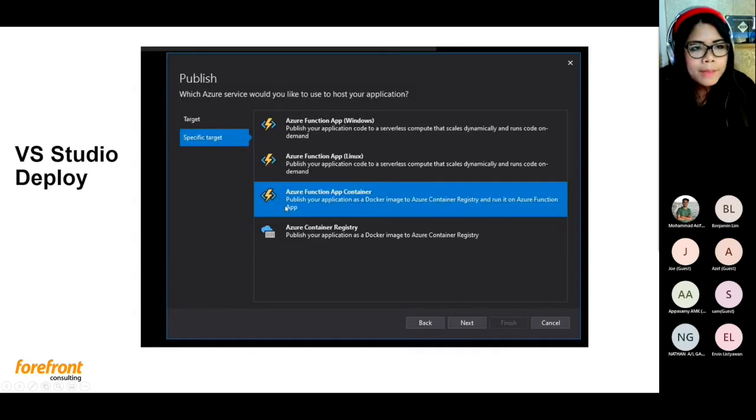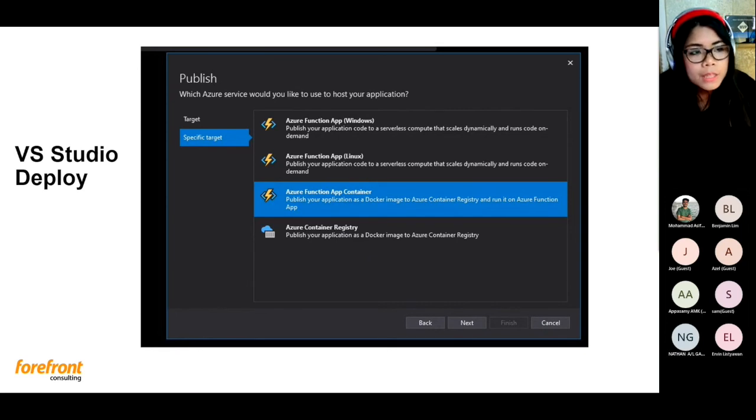And for deployment, if you're doing it in Visual Studio, you can also do it in the CLI, but in Visual Studio you have several options to deploy your durable functions or function app. You can have it on Windows, Linux, and you can even have it in a container published in Docker with Azure Container Registry.